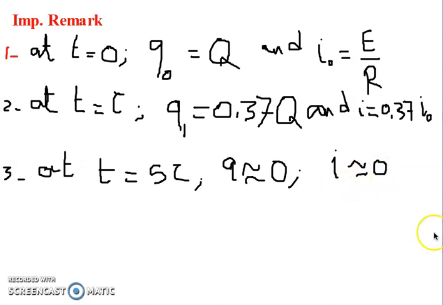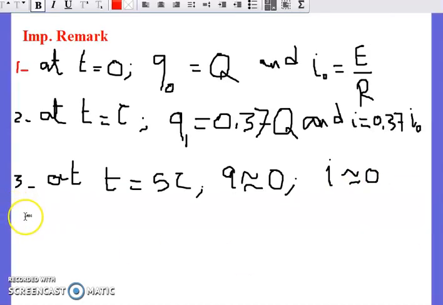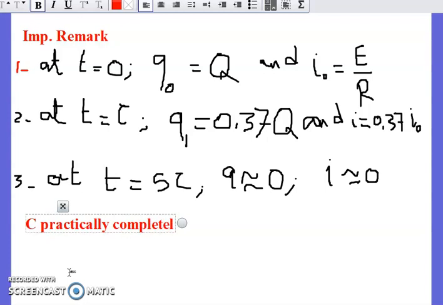So in the case of discharging, C practically completely discharged, means it is empty again. Okay,